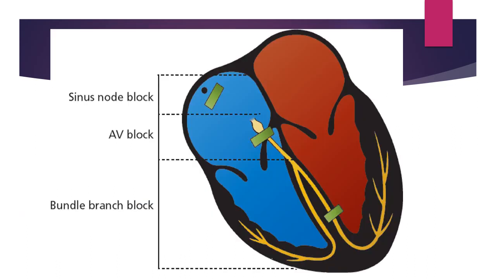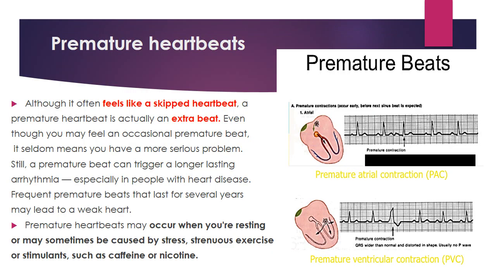Again, this is what is supposed to happen. This is a diagram showing the sinus or SA node, and then the AV node, and the green indicates blockage, meaning the impulses are not traveling effectively. It can occur right at the SA node or right below the AV node, meaning no impulses are conducted downwards, or sometimes only somewhere down the bundle branches as well. So a kind of block occurs. Then there are also premature heartbeats, meaning a skipped heartbeat, or it can also be something like an extra heartbeat. So a premature heartbeat is actually an extra beat that you see.